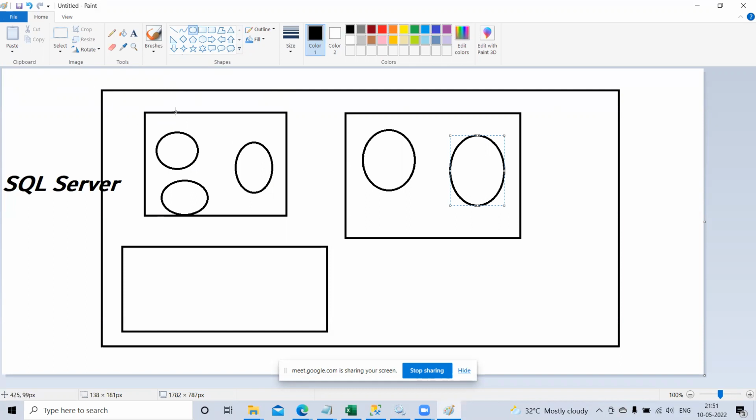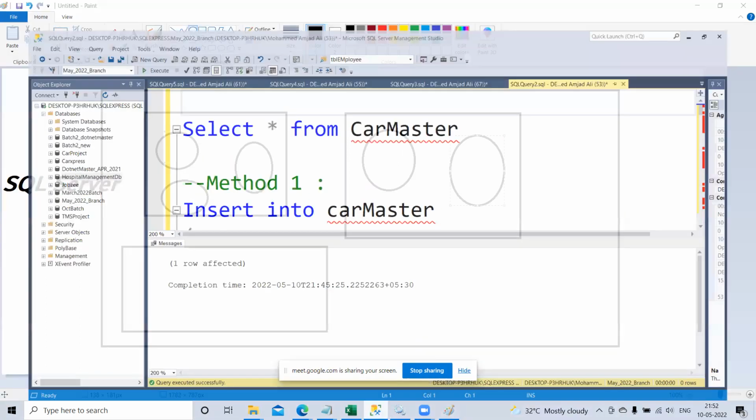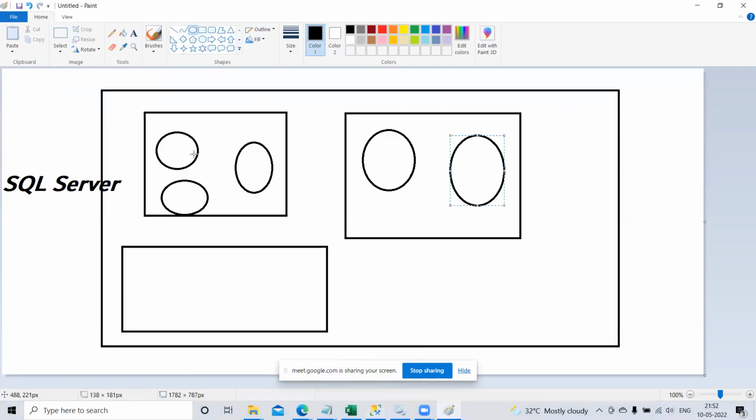Under the database engine, you create the databases. This is database 1, database 2, database 3. Under each database, you create table 1, table 2, table 3. So now the question is how to create a table, what is the structure, and one more important point: why do we go for tables in SQL